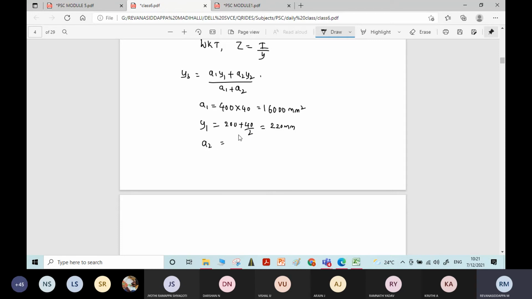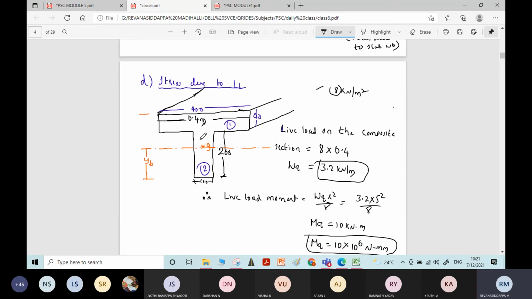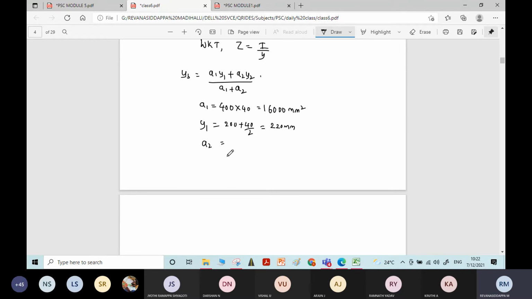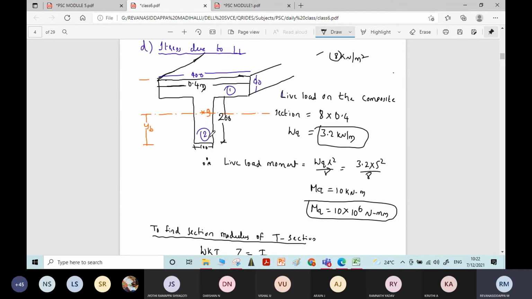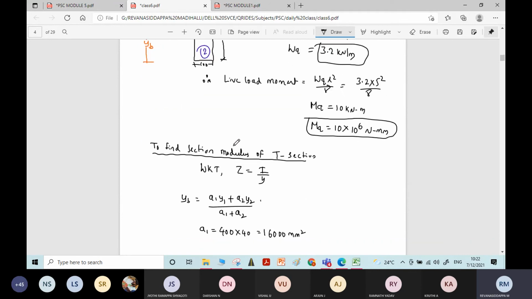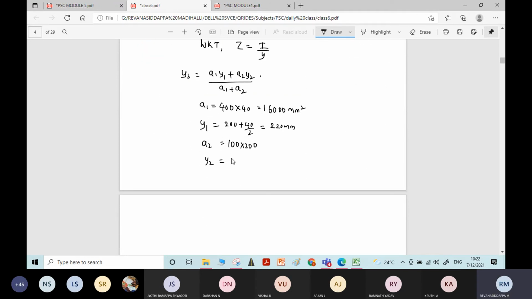Then A2, area of web, 100 into 200. Y2 is equal to distance of centroid of this web from the bottom fiber. Total length is 200, 200 divided by 2, 100 mm. This is again 20,000 mm square. By this we'll get distance of centroid from bottom fiber YB is equal to